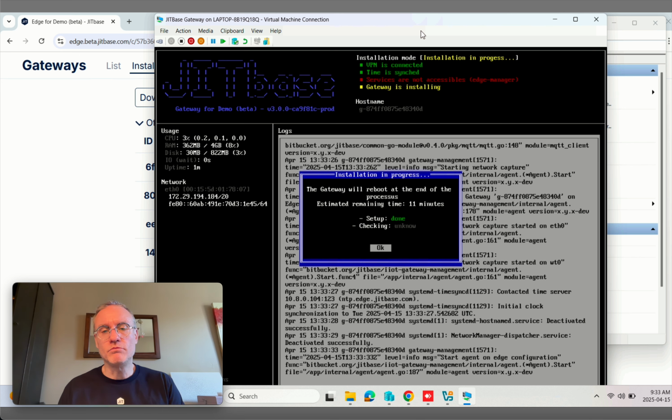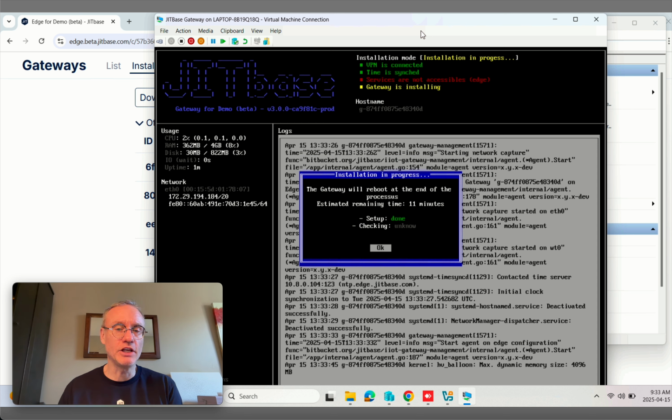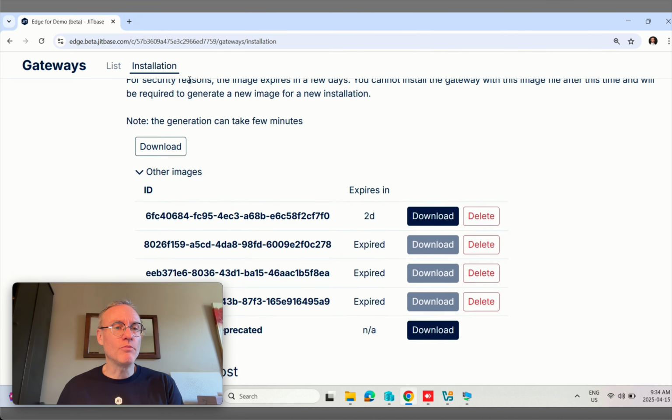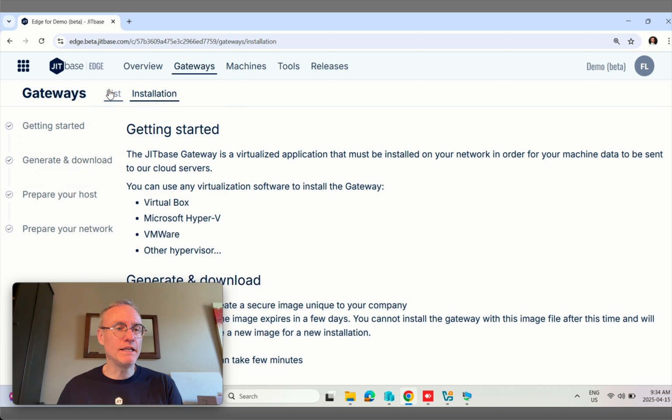This installation takes between 10 and 15 minutes, depending on the speed of your server and your network. So what I'm going to do is I'm going to let this install, and I'm going to come back in another video and show you the post-installation, what's going on. Before I do that, however, you'll see that at the top there is a host name. So this gateway has been given a name by JITbase, and if I go back here and I go back to gateways list,